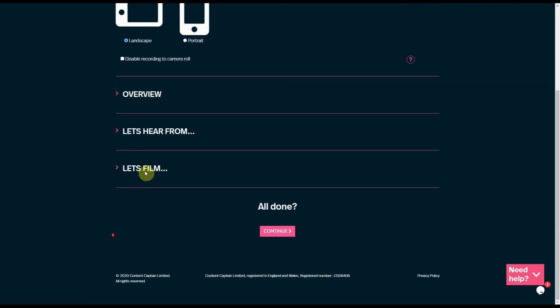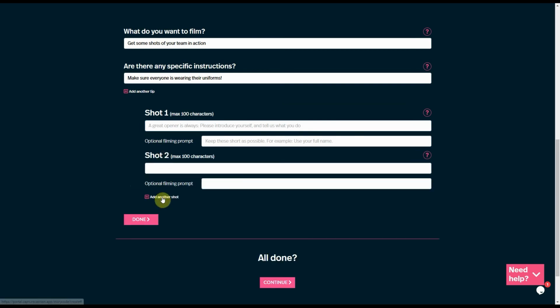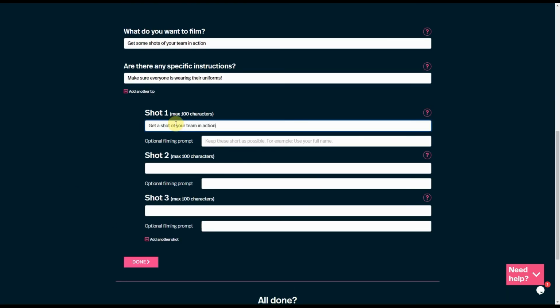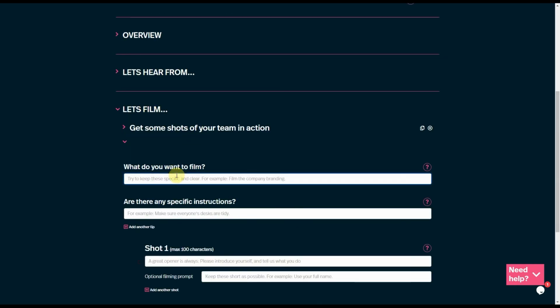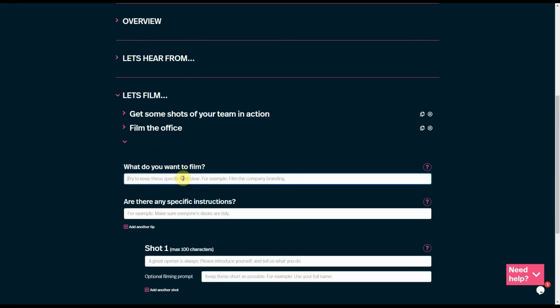And it's the same for your general shot tasks, except instead of asking for questions, you're asking for specific shots. So I'll just rattle through some here. And again, you can add as many shots as you like, be as simple or as detailed as you like. It's up to you. So there's a little sequence put together, and again you can add as many tasks as you want. Another one.